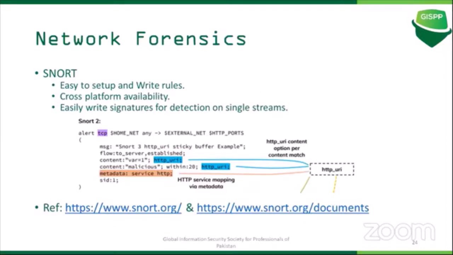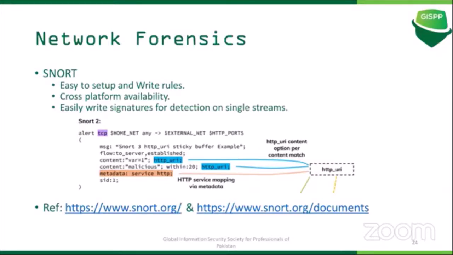Regarding writing detections, let's suppose you performed the purple teaming activity, or you performed a replication of a scenario, like let's take the F5 vulnerability, and you want to detect that activity over your network. Even if the patch is not released, you want to detect if in your environment any requests are being received from outside related to this particular vulnerability. Snort is a very good option. You can easily configure and tap a server behind those devices. Okay, it's very simple. I'll just explain one Snort rule, how easy it is to write.